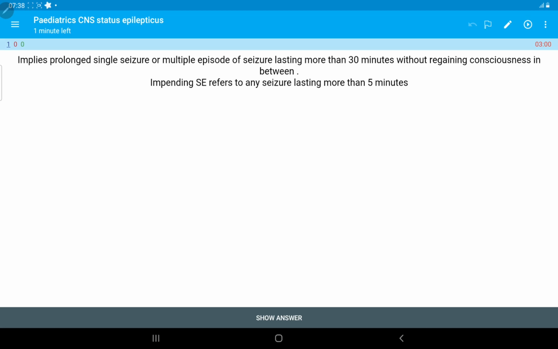different types of status epilepticus. The initial one is the convulsive type of seizures. What are the seizures that are seen in this status epilepticus? But another thing is, on the basis of treatment, we can define status epilepticus as established and refractory status epilepticus. So if the patient presents to us, we give the first line anti-epileptic drug, anti-seizure medication. Then if the seizure persists after giving a single dose of benzodiazepine, then that is established